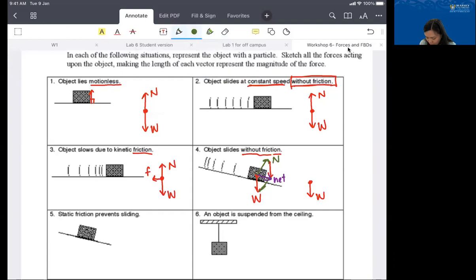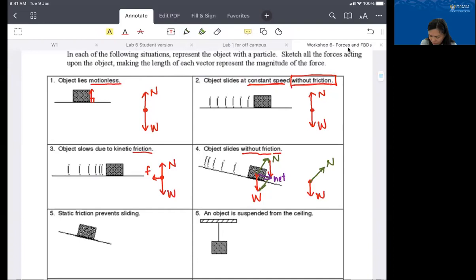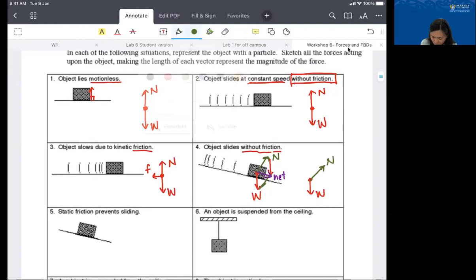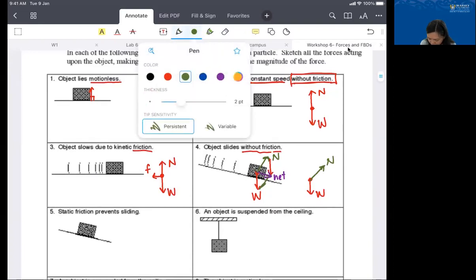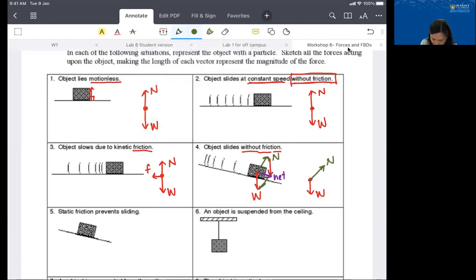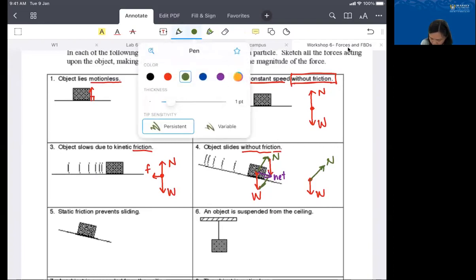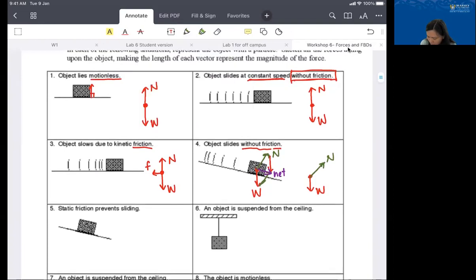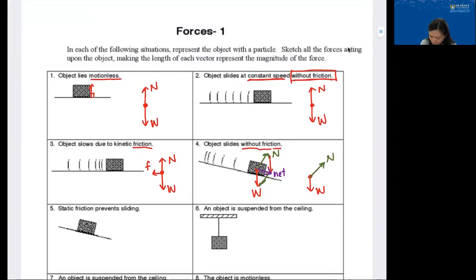So I should have a normal force that's probably roughly that length. So roughly, if I do the parallelogram method,